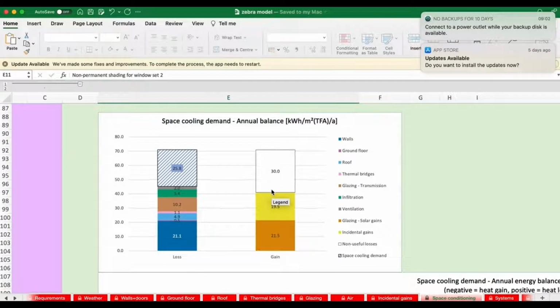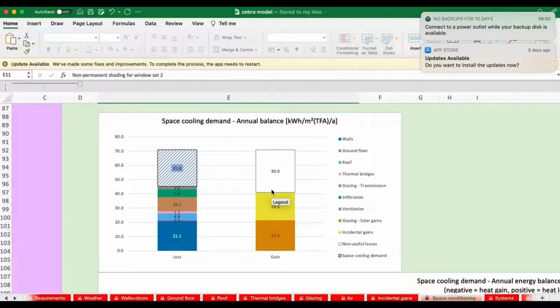Now, this heat balance, either during the heating season or the cooling season, is at the heart of what Zebra is trying to tell you. And it's initially quite a difficult thing to get your head around. I'd suggest if you've done a passive house course, you'll recognize this kind of stacked graph. It's exactly the same idea as passive house uses.